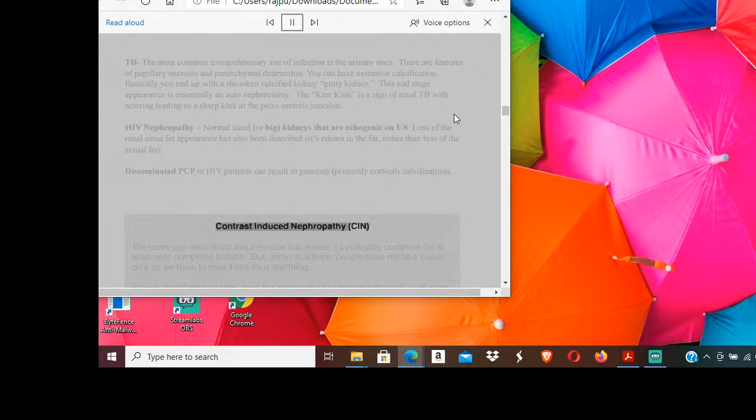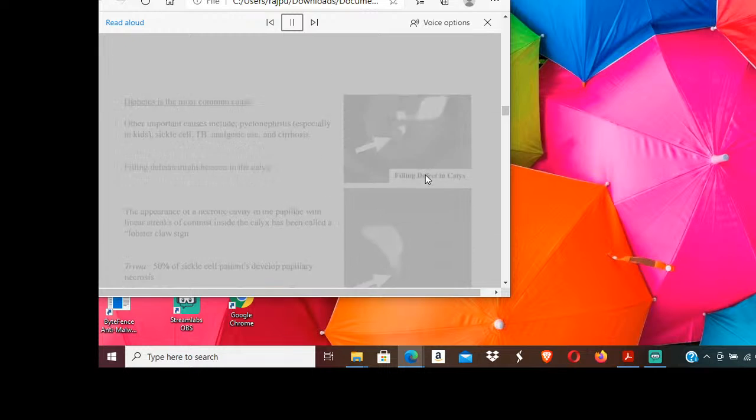Contrast-induced nephropathy, CIN. The more you read about the